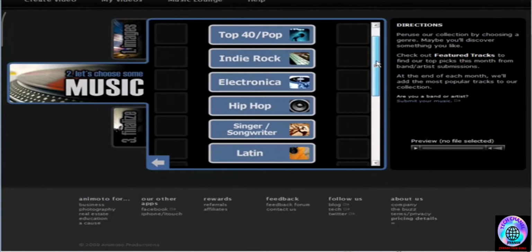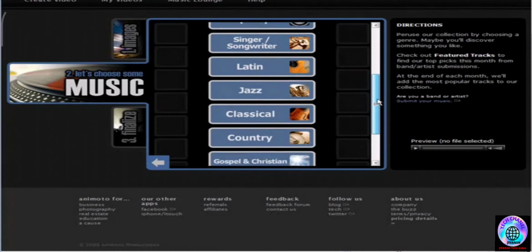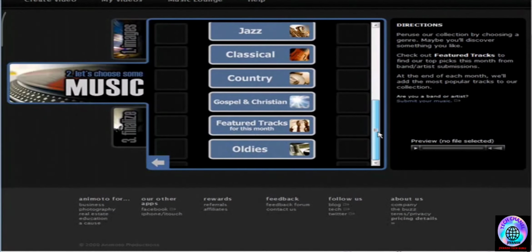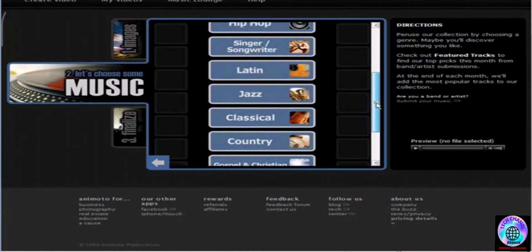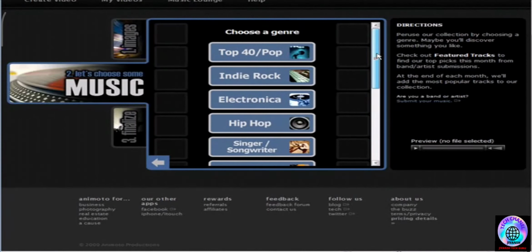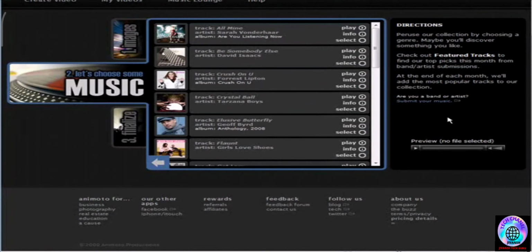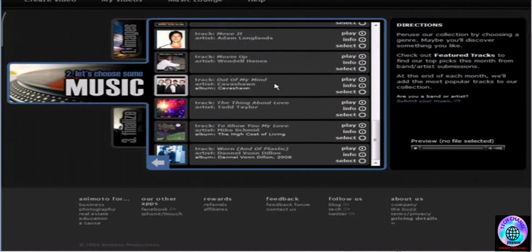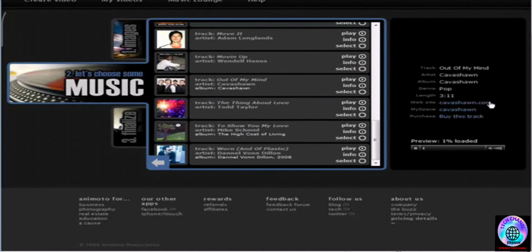Okay, so just pick the genre here. Let's go whichever one you want. Let's just try here. So you can search through here and you can listen to them to see if it's the one you want to choose. So you can go through the process of finding the one you like first, and once you have it you can select it. Okay, so you can click play